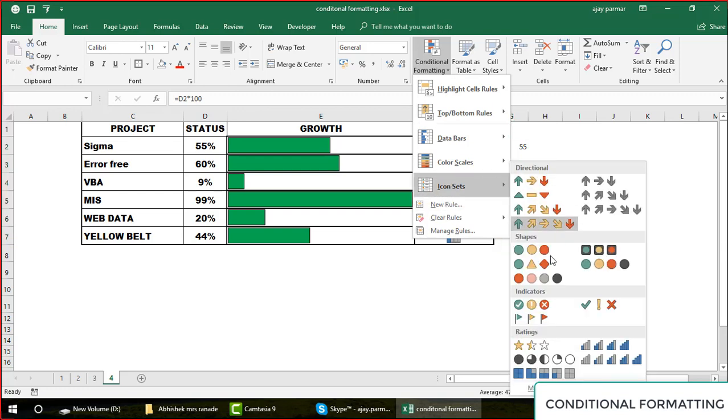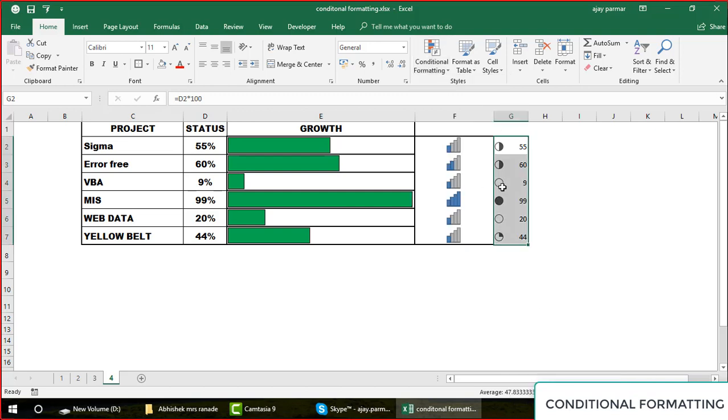You can choose these icons from here also. If you select from here, let's say I select this one. Look at this. So 55 is half, 60 is again this one, 99 looks completely full, 44 looks a little half. So basically it has already picked up all the values.